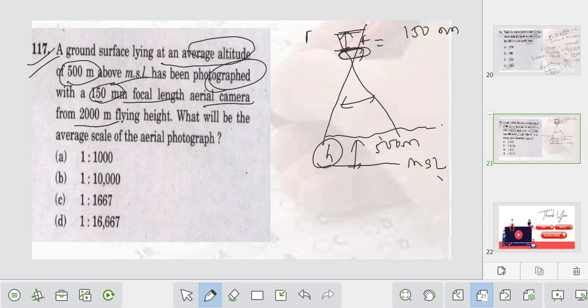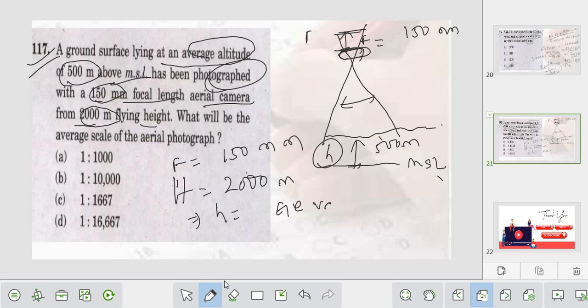Aerial camera from 2000 meter flying height, so flying height दिया हुआ है, 2000 मीटर, ओके। Focal length दिया हुआ है 150 मिलीमीटर, and this height दिया हुआ है, so this is the ground distance, है ना। So this is from the mean sea level to the height, okay. So ये जो हाइट दिया हुआ है, so एलिवेशन दिया हुआ है, elevation of terrain, okay, above mean sea level, ये हाइट दिया हुआ है। So we have to subtract this, right,